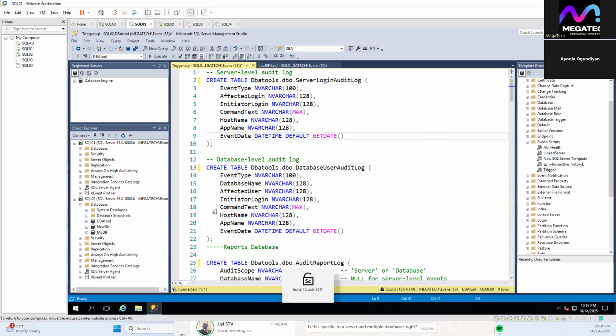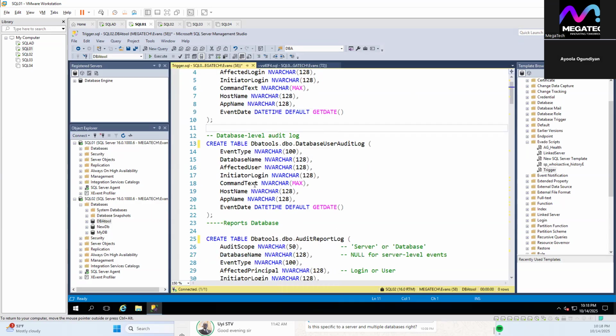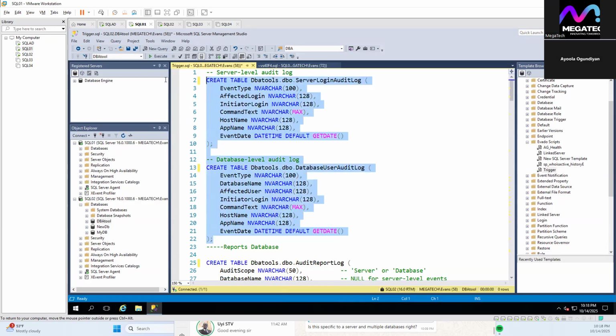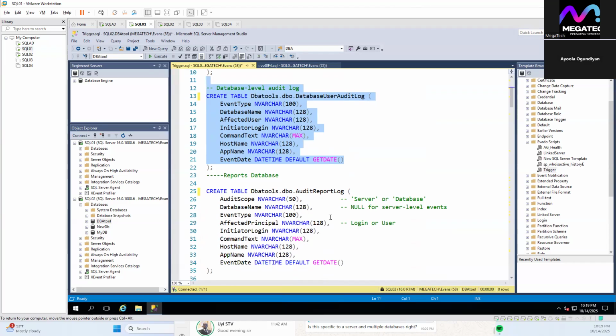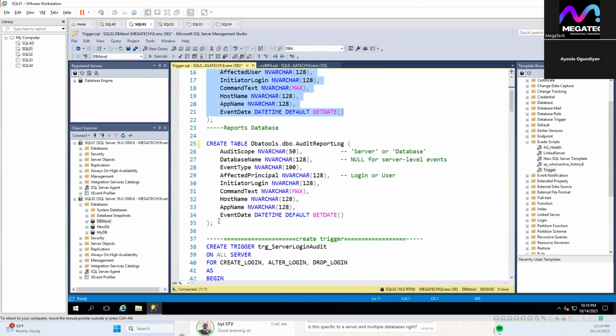This table will be going to our utility database, which is DBA Tools database. And so when we finish creating those two tables, the first one will store the details for the SQL for the server login. As you know, when you create a login it will be created at the server level, then users will be created at the database level. So this table would capture all the ones happening on the users' databases. Then we would also have another table called